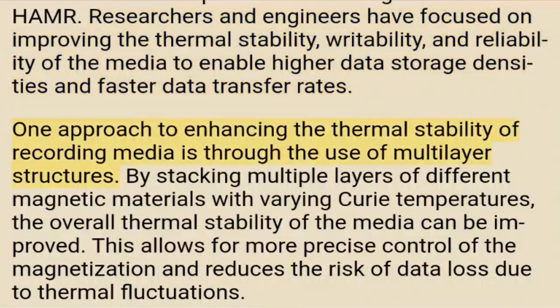One approach to enhancing the thermal stability of recording media is through the use of multi-layer structures. By stacking multiple layers of different magnetic materials with varying Curie temperatures, the overall thermal stability of the media can be improved. This allows for more precise control of the magnetization and reduces the risk of data loss due to